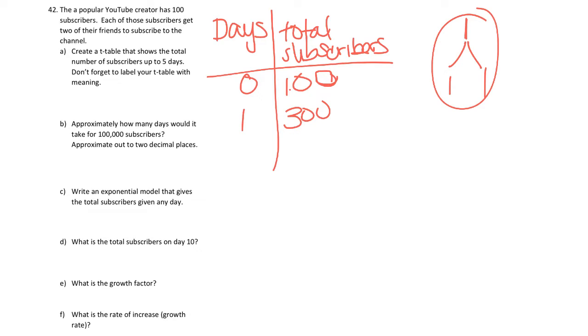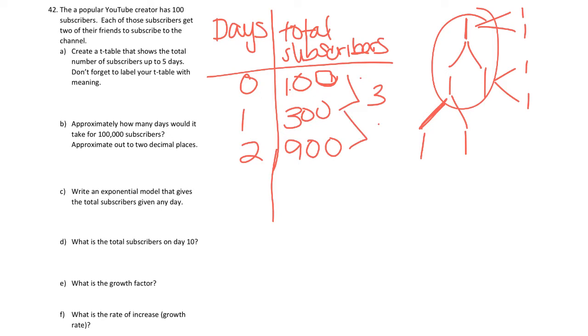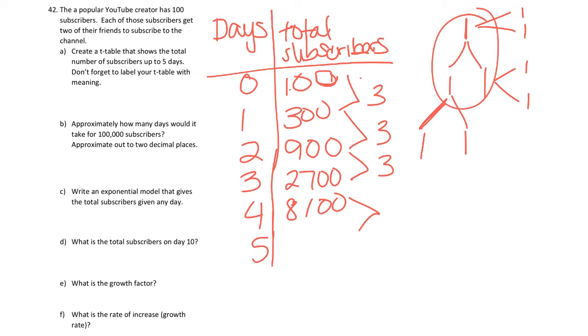And then each of those 3 get 2 more, and these give 2 more, and this one gets 2 more. Now we have a total of 3, 6, 9, and then there's 100, so that's 900 on day 2. So we can see our growth factor is 3. 2,700 by day 3. Day 4 is 8,100, and day 5 is